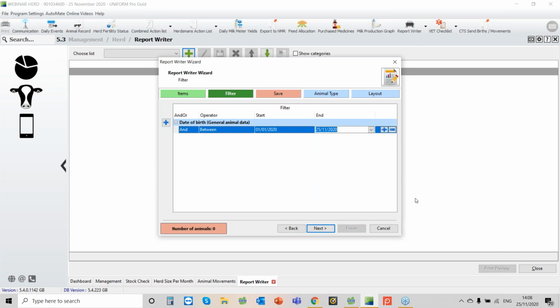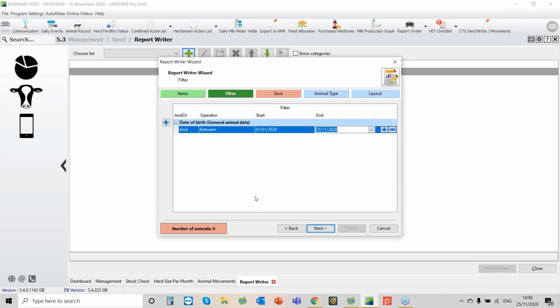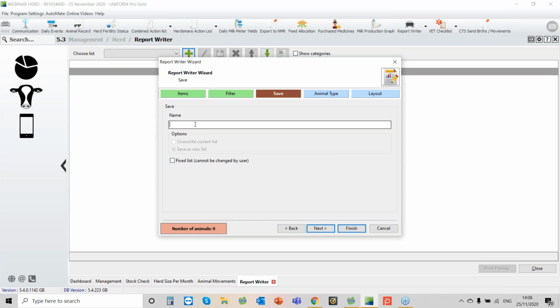And you can put more than one filter in here. So if you wanted another filter and did it on, say, breeds, you can put that in there as well. So you can add another line if you want to. Press next, and then you need to name this report something that you'll be able to find again. So if we do beef born, and then for our costings,